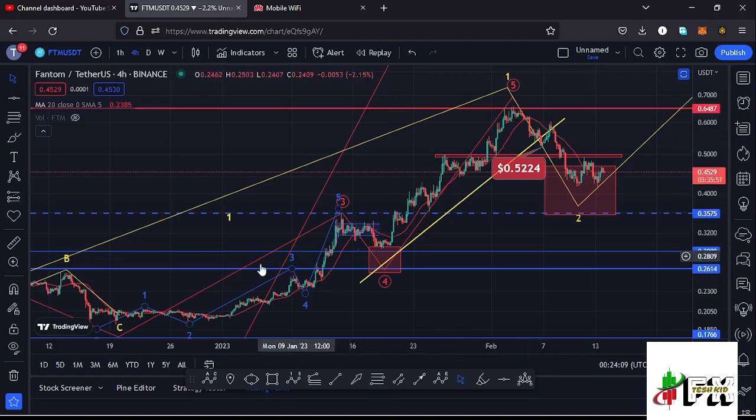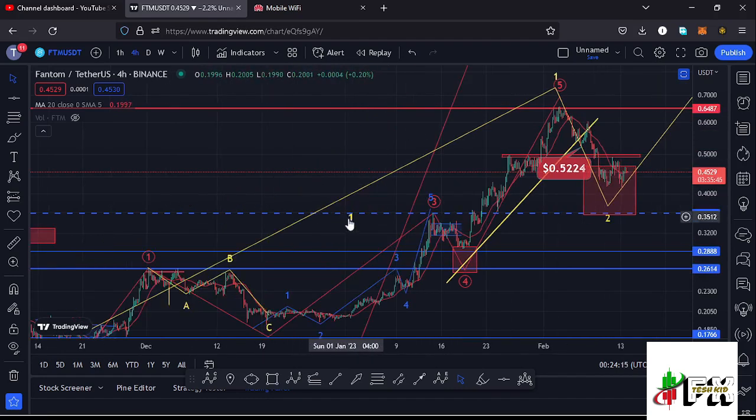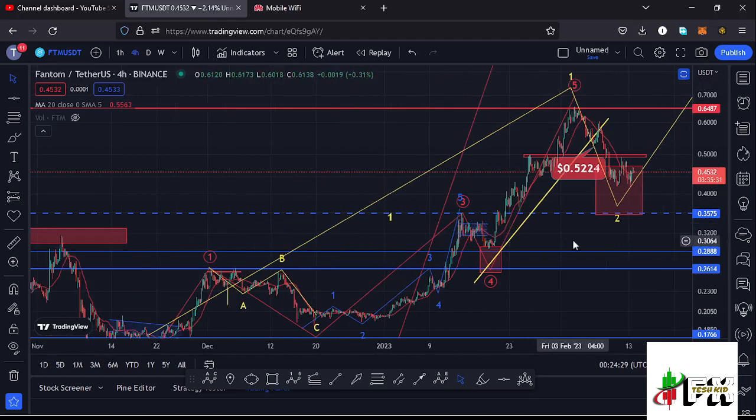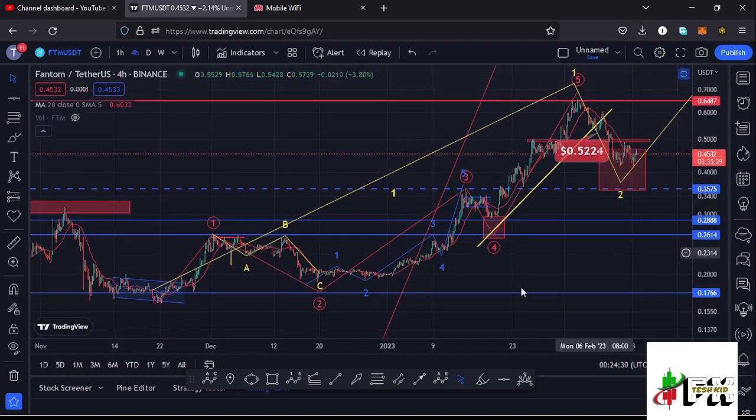And after seeing the formation of this ED12 structure right here in red in a 5-wave move to the upside, I believe Fantom also completed an even larger ED12 count 1 to the upside of this ED12 structure that I have right here in yellow. And after seeing the formation of a larger ED12 count 1, whatever we expect next is a corrective structure in the formation of a larger ED12 count 2, and using the Fibonacci's, connecting them from the low of the first